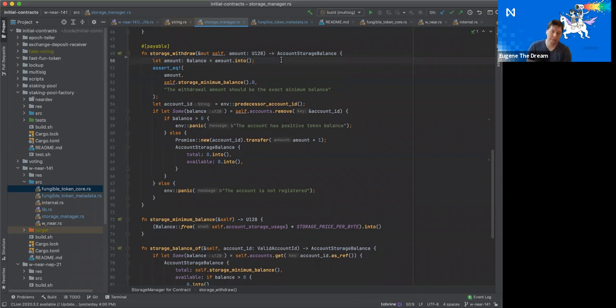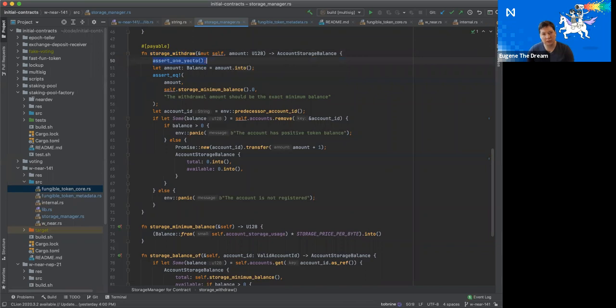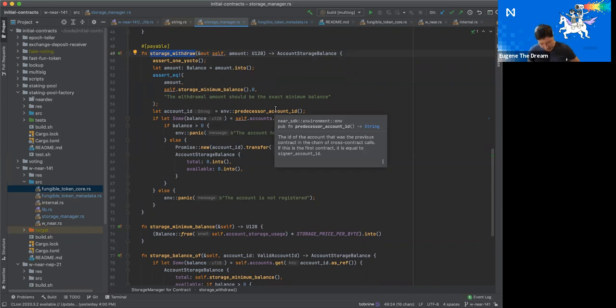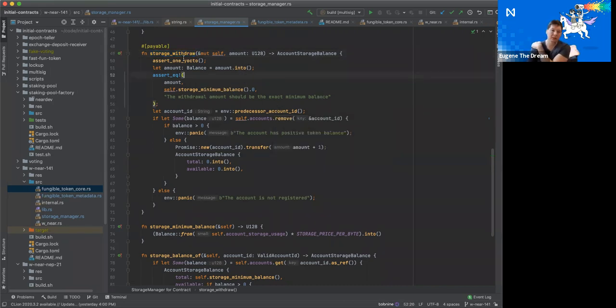Oh no, it's not a bug. So the storage withdrawal also requires you to attach a deposit. Everything that deals with NEAR or a positive value, we say this is a security method, so we need you to attach at least one yoctoNEAR. We say how much balance you want to withdraw, and the only way to withdraw is the entire balance because we don't keep fractions. So we're saying the withdrawal amount should be exact